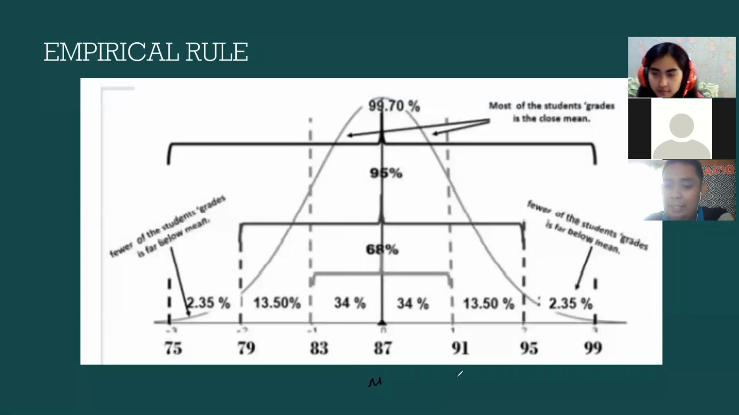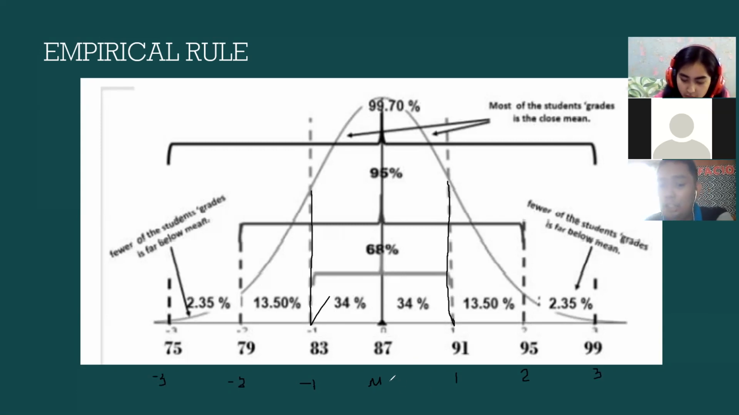Ito yung positive standard deviation 1, standard deviation 2, and standard deviation 3. This is negative 1, negative 2, and negative 3. Kung meron tayong bell curve, normally, sa cut natin na 1, ito yung first cut natin, from negative 1 to 1, ibig sabihin, bumaba ng konti, or tumaas ng konti, based sa standard deviation, laban sa